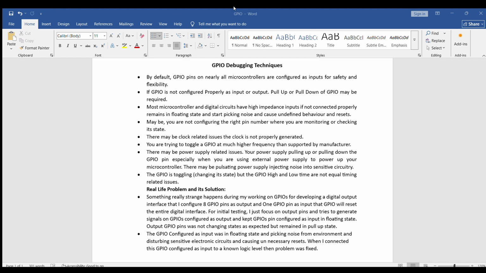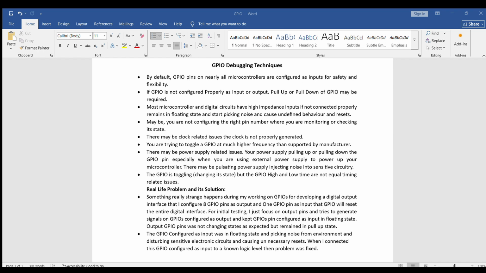First of all, you need to remember that by default, almost in all microcontrollers, all GPIOs are configured as input by the manufacturer. The reason for making these pins inputs by default is that if you are interfacing some sensor or any other LCD or electronic gadget, then if these pins are configured as output pins, they will generate signals and may damage your device or the sensor you are trying to interface with your microcontroller. So by default all these pins are configured in the input mode in almost all microcontrollers,